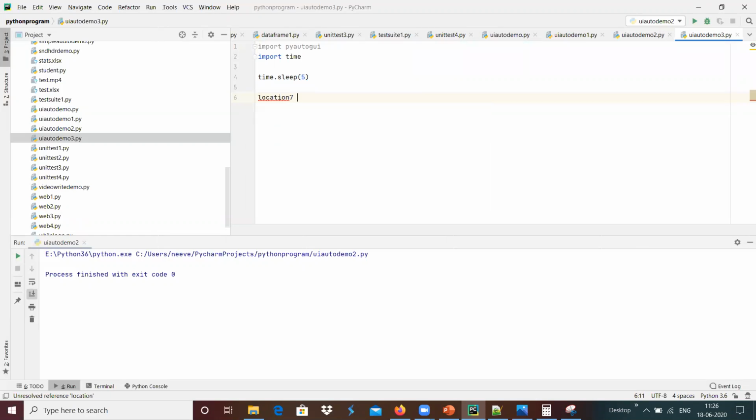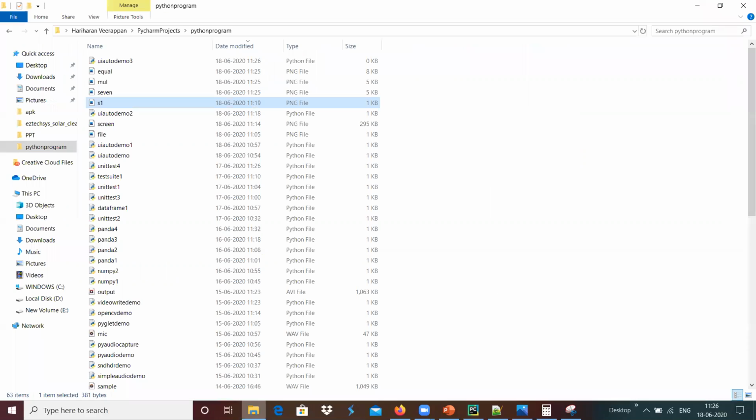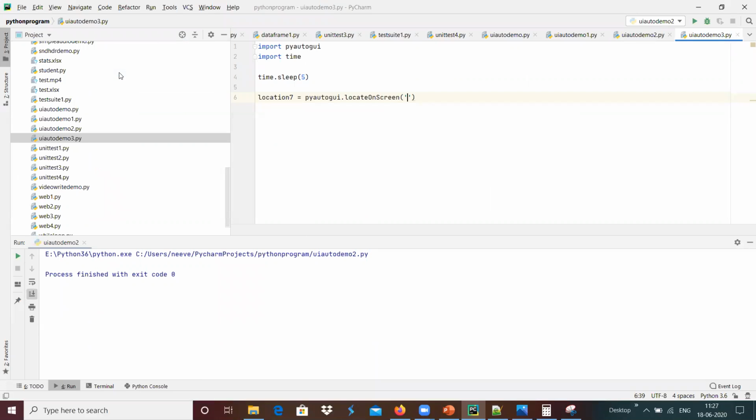Location 7 equals pyautogui.locateOnScreen, and the options are something like 7.png, multiplication.png, equal.png over here.